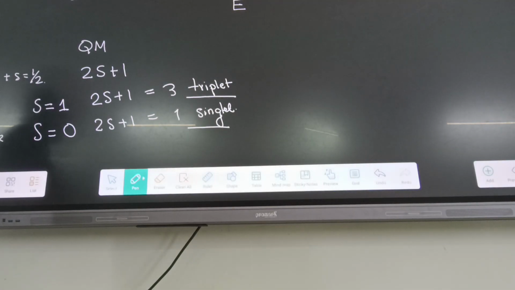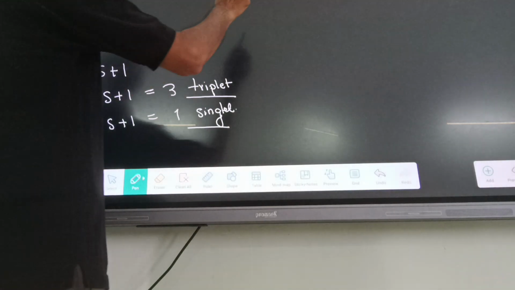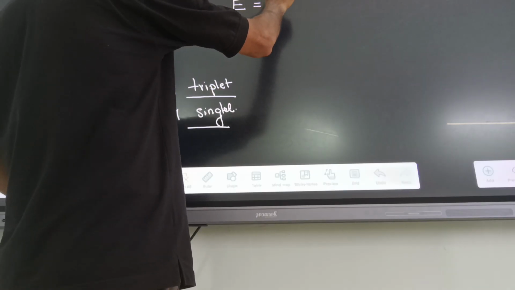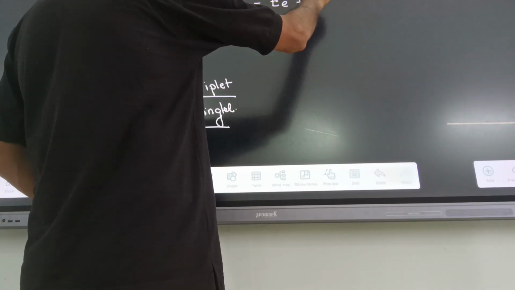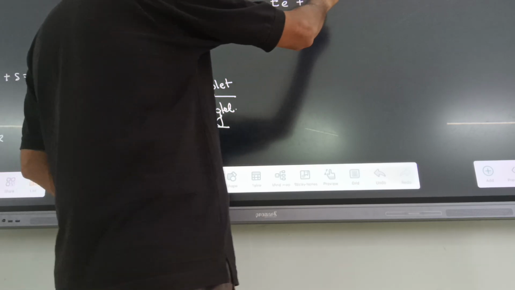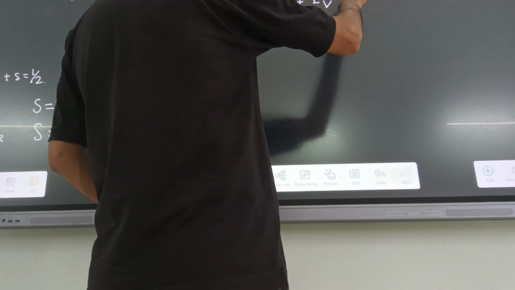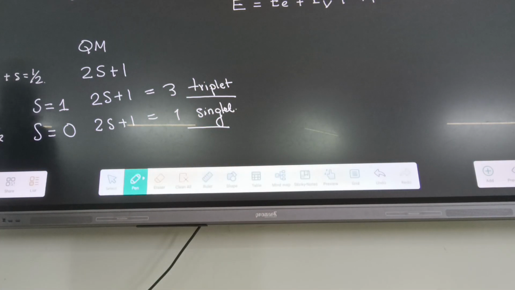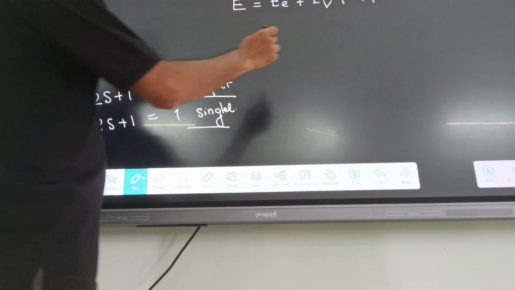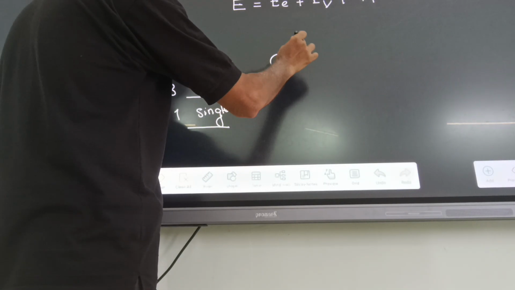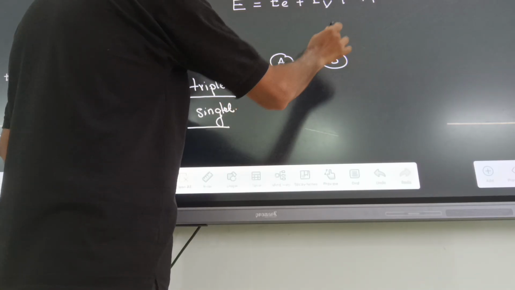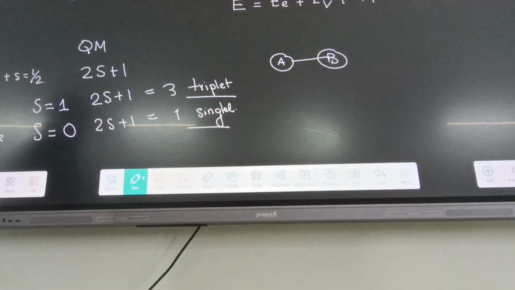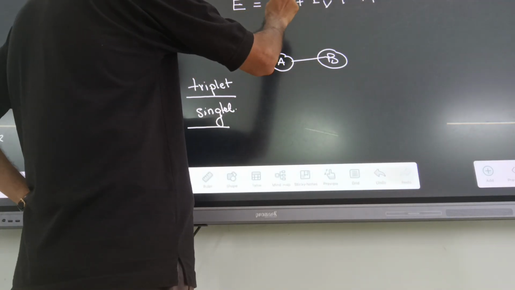Molecular energy बेसिकली 3 चीज़ों से बनता है: इलेक्ट्रॉनिक एनर्जी, वाइब्रेशनल एनर्जी एंड रोटेशनल एनर्जी। एक सिंपल मॉलिक्यूल अगर हम ले लें A एंड B, तो ये जो मॉलिक्यूल है ये क्या कर सकता है? इट कैन रोटेट, इट कैन वाइब्रेट, इट कैन डू इलेक्ट्रॉनिक ट्रांजिशंस, एंड दीज 3 आर इंडिपेंडेंट ऑफ ईच अदर।